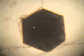Had the hexagons, like I said, in my hotel room. These two were found, and I could have found more had I been prepared for that, but I'm glad I did find what I found. So